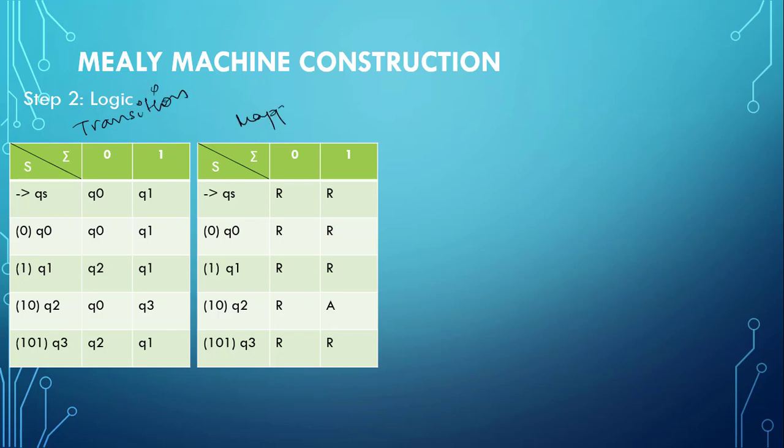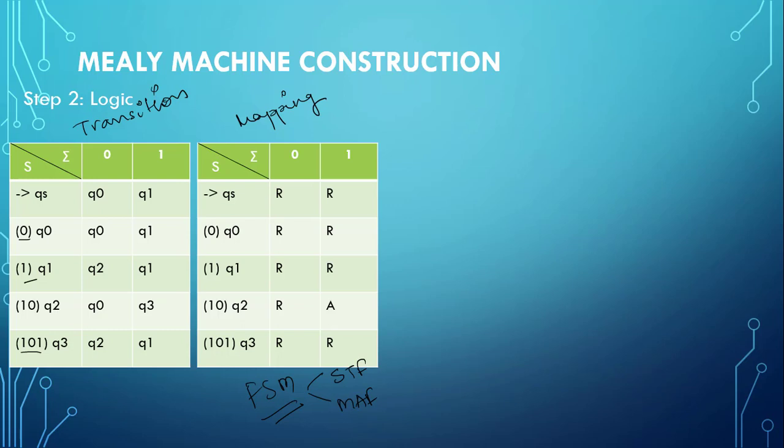This mapping table is very similar to the FSM machines that we had seen. We had two parts in FSM as well. One was STF, that is the state transition function, and one was MAF, that is the machine function. So here STF is the transition table and MAF represents the mapping table. Using the logic of 0, 1, 1, 0 and 1, 0, 1, we will go on mapping the output symbols with each transition.